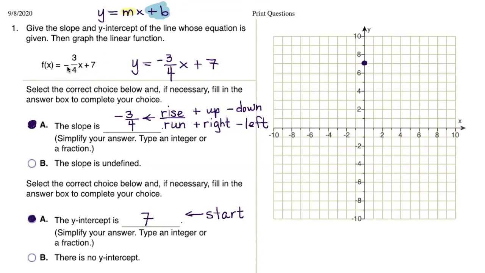And when you have a negative sign out in front of a fraction, you should consider it to be part of the numerator. Do not put it on both the numerator and the denominator. My rise is a negative 3. That means I'm going to go down 3 units, and then immediately afterwards, I will go 4 units to the